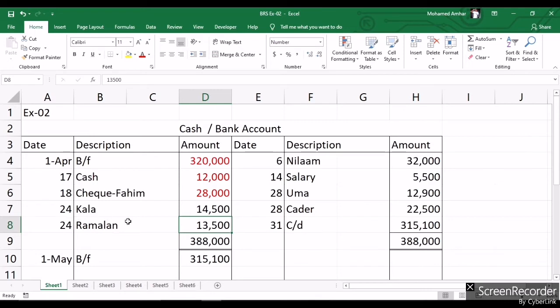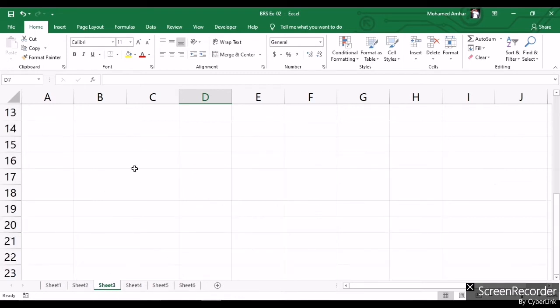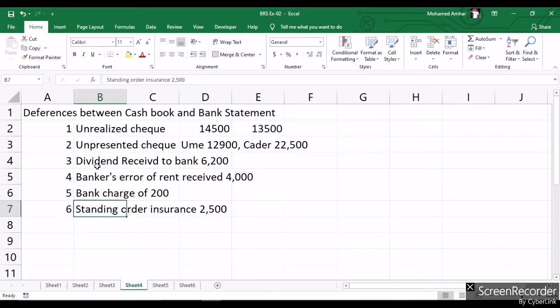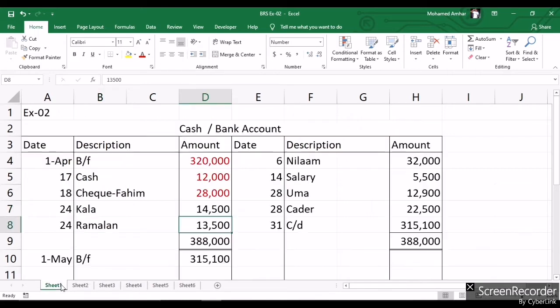So you have to write these two checks are unrealized checks. So list out that list out that differences between cash book and bank statement. Unrealized check 14,500 and 13,500, right? Next,